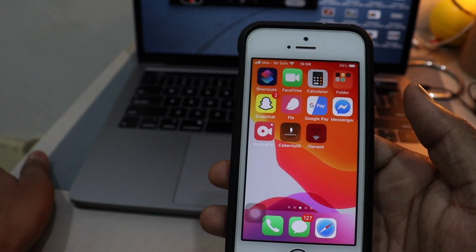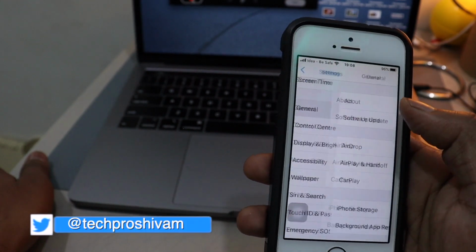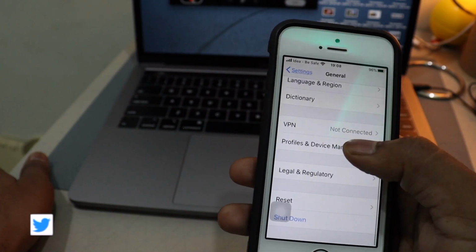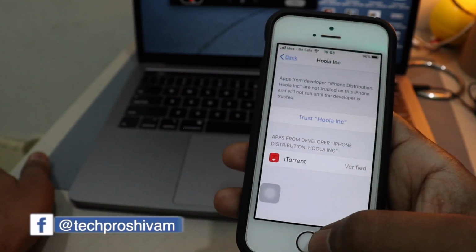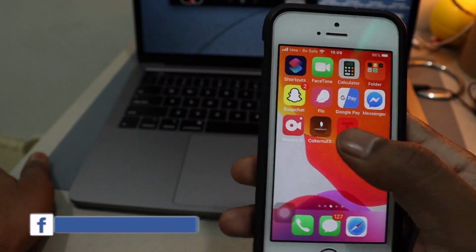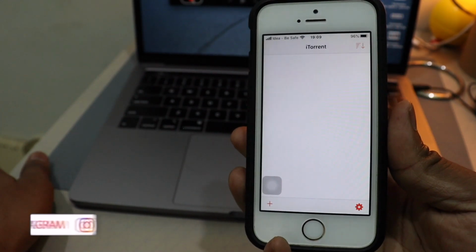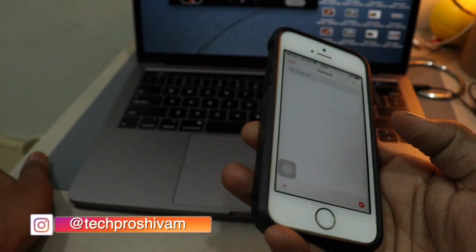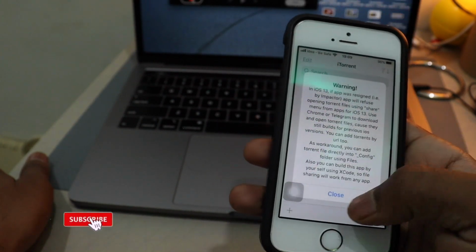There we go, it's installed, and click on it. To fix that, go to the settings, in general, profile and management, and this is a different certificate. Go ahead and trust that. There we go, and now we can watch any torrent file and you can download any torrent file. So that's the torrent file which is working.